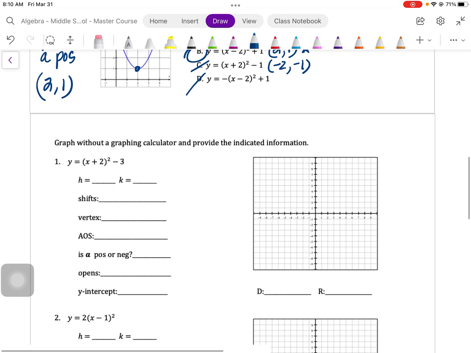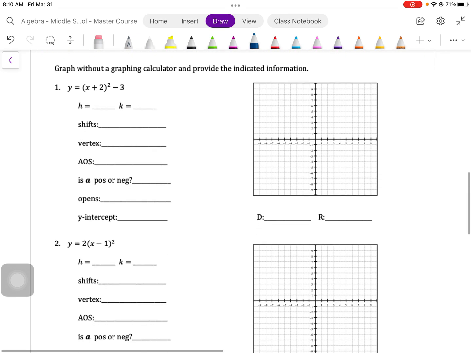All right, let's keep going. And now we're going to put it all together and we're going to graph this. And please notice it says graph without using a graphing calculator. So just by using all that information we just learned, we are going to graph these quadratic functions in vertex form. So for number 1,